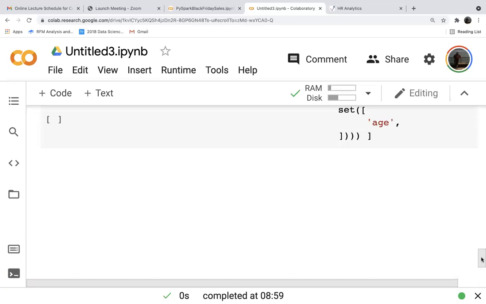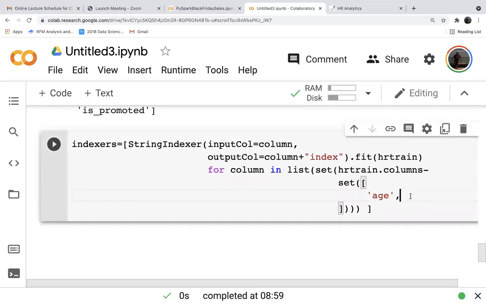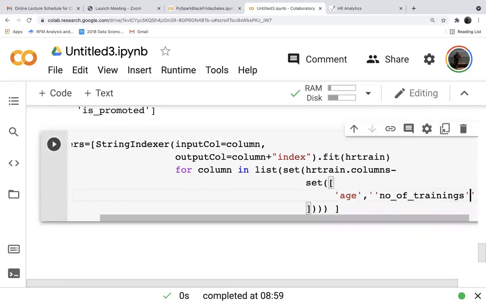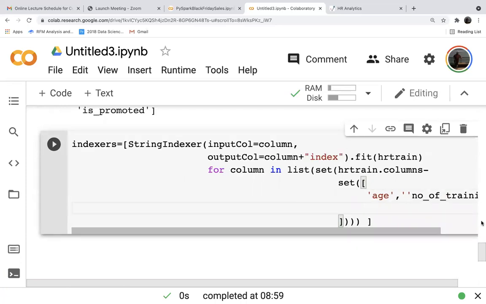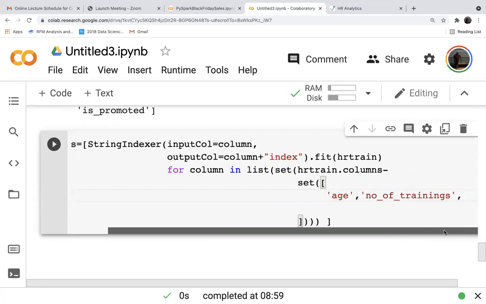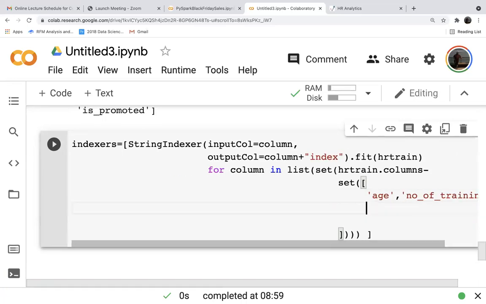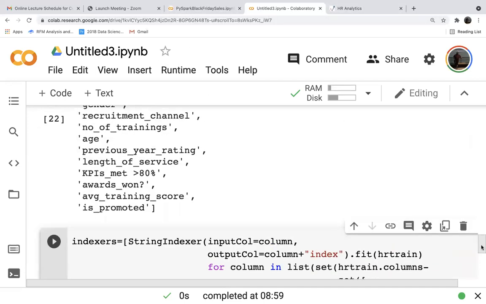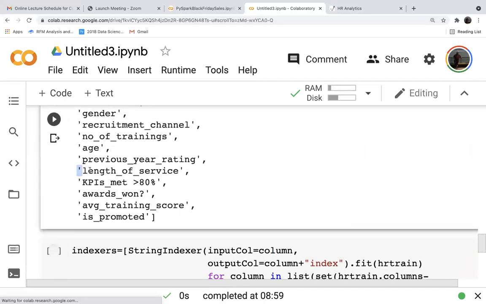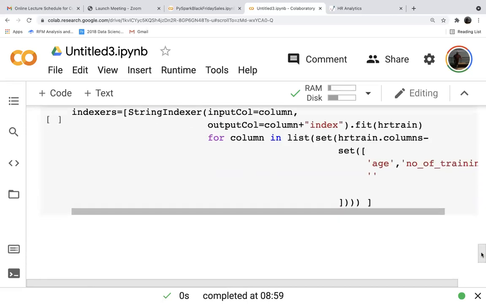After age, number of trainings, then length of service, KPIs met, awards one and average training score, all of them simultaneous. So we can paste them simultaneously.